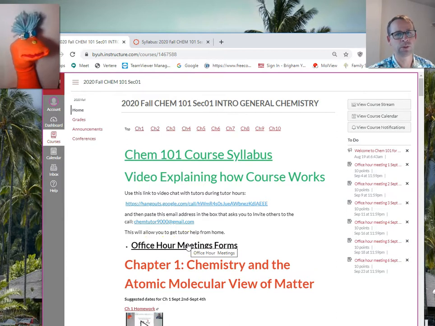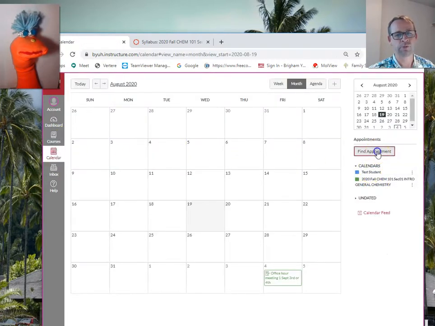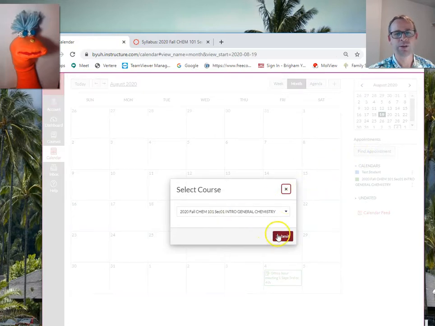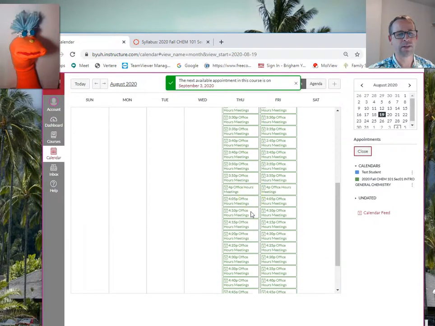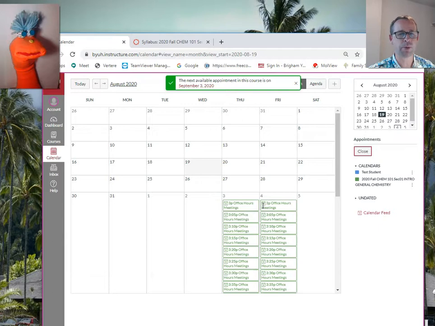We're going to meet at, what time is it? Well, it just depends on your schedule, right? So you go to the calendar here, and you go to Find Appointment, and you choose our course calendar, all right? And then we find the date that we need to meet. And remember, we need to meet once. Everybody needs to meet. You and me, Fred. We need to meet once on Tuesday or Wednesday for 5 minutes, and then once on Thursday or Friday for 5 minutes. Every Tuesday, Wednesday, every Thursday, Friday? That's right. All right. So